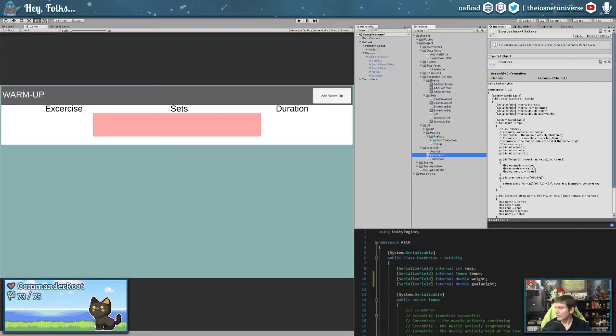Something I learned from the fellow that's been helping me with my workout routine is that for tempo, you have 3 steps. And these are called the eccentric, isometric, and concentric steps. And I've listed them here. I actually made a note that concentric is the muscle actively shortening, the eccentric is the muscle actively lengthening, and then the isometric is when you're holding it at the same position. So like if you're doing a plank, that's an isometric exercise.